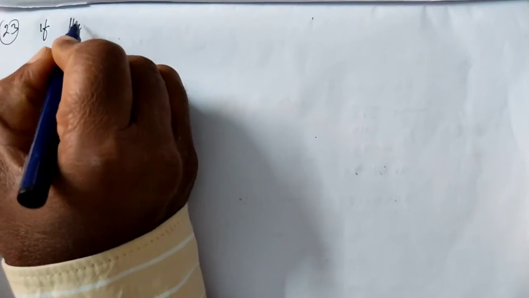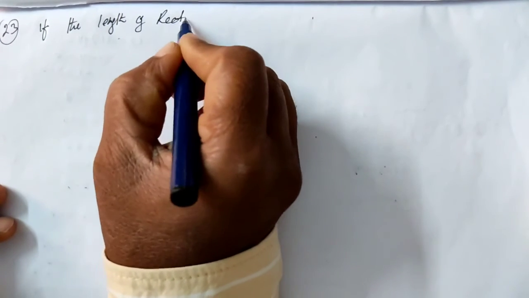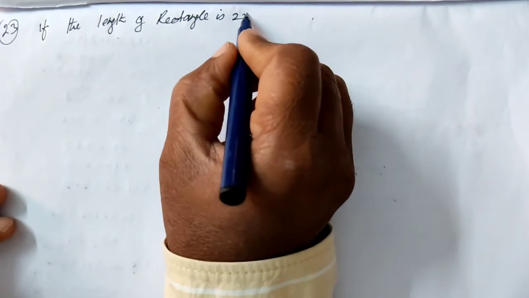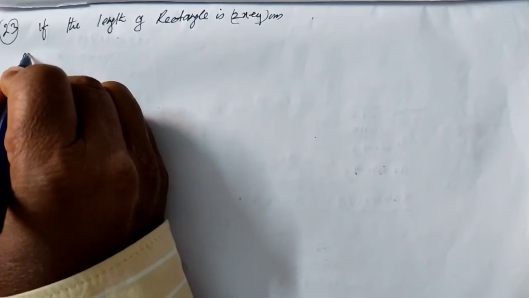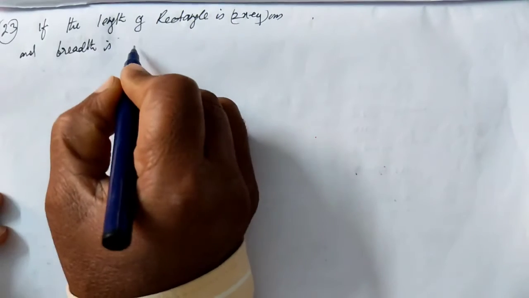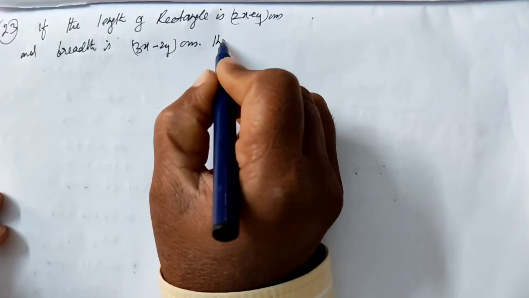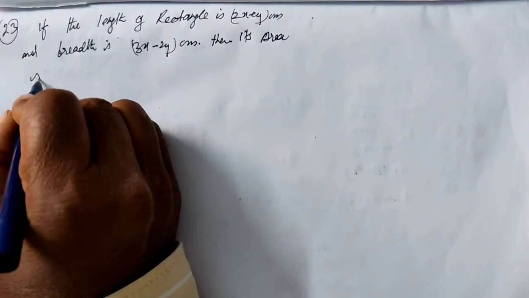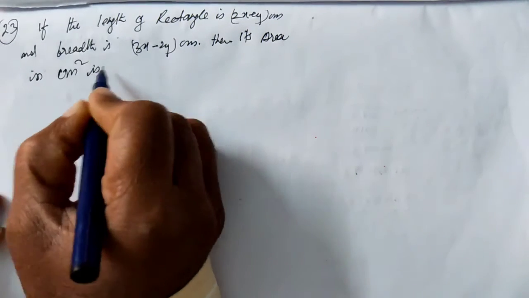If the length of a rectangle is 2x plus y centimeters and breadth is 3x minus 2y centimeters, then its area in centimeter square is the...